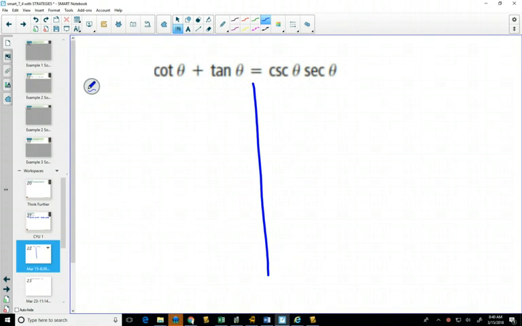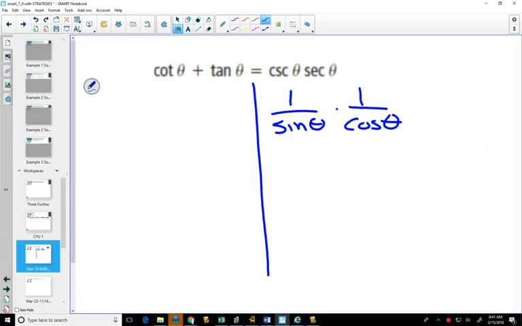But when we look at this one, especially on the right-hand side, where I have cosecant, which can only be changed to 1 over sine, and secant that can only be changed to 1 over cos, I know that I can't change these all to one trig function. It's in those situations that it usually makes the most sense to change everything to sine and cosine, and then try to get a single fraction on both sides. So based on the fact that on this side, these are the only things that I can change to, and it's sine and cosine, when I go to cotangent,